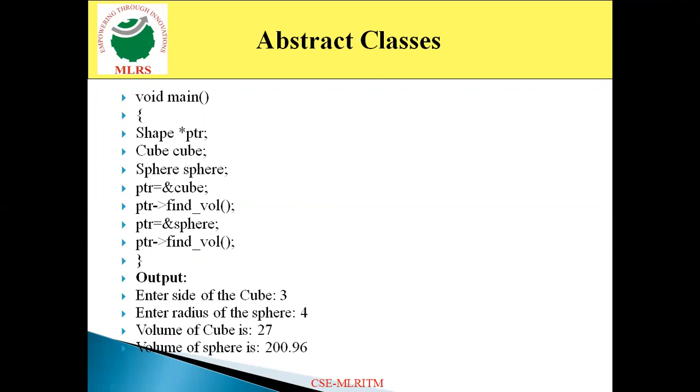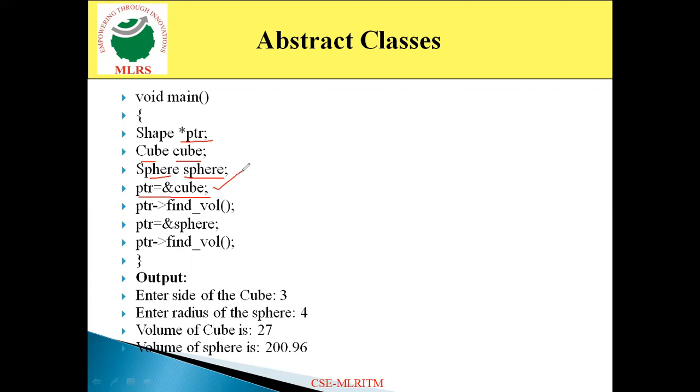In the main function I am creating a pointer object, that is pointer ptr, of the abstract class shape. In this I am creating the pointer object. Then I create the normal object cube of the cube class and the normal object sphere of the sphere class. Now observe here, ptr is equal to address of cube. This indicates that I am pointing the ptr object